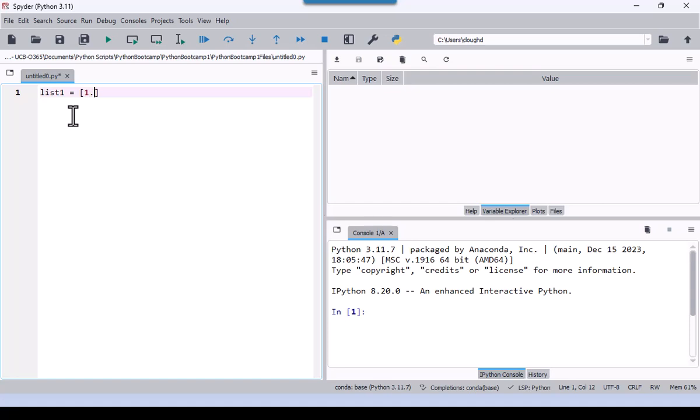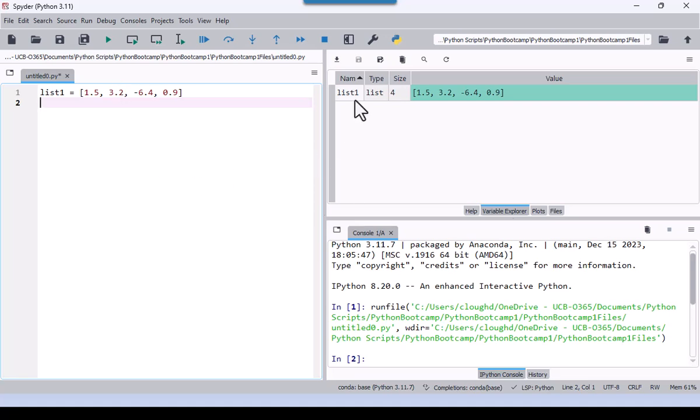I'll do a 1.5 and then a 3.2 and then a minus 6.4 and finally a 0.9. So that is a list. If I just run this statement, it shows it as a typed list with 4 items, or